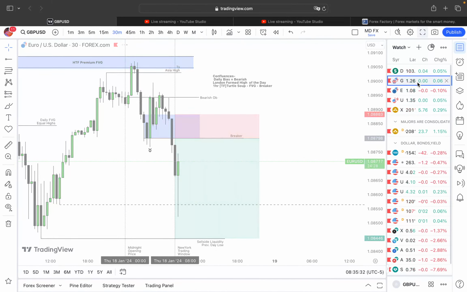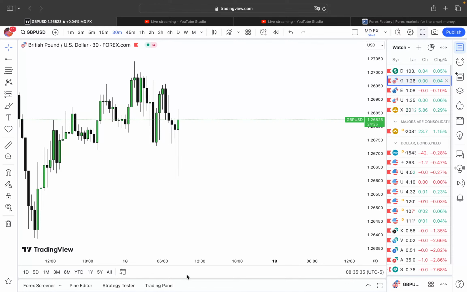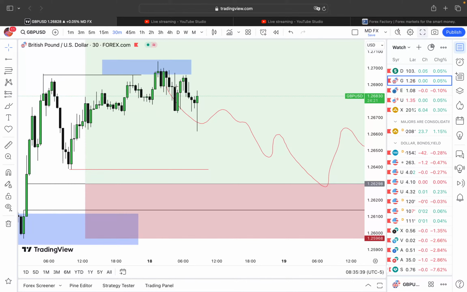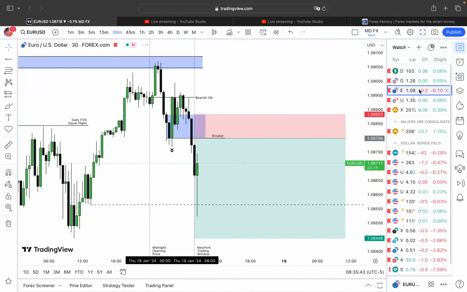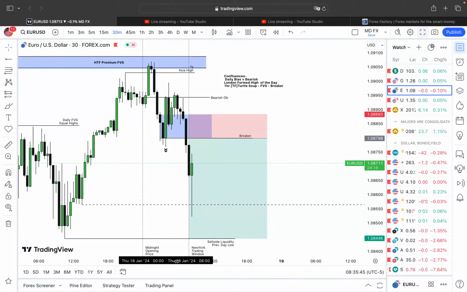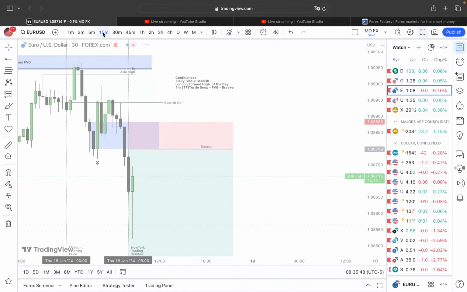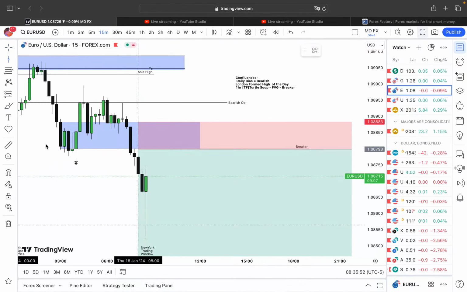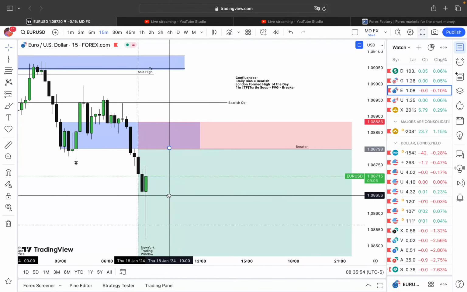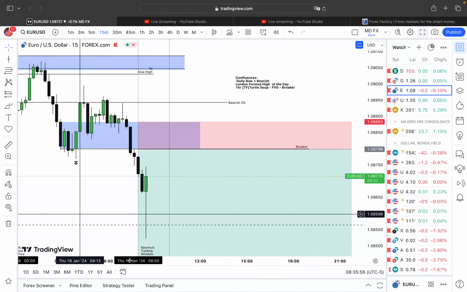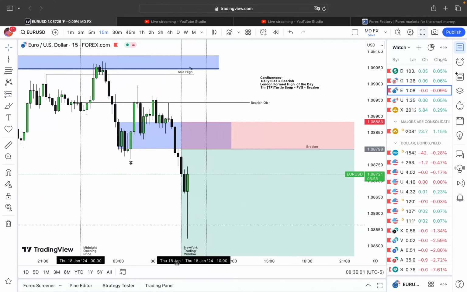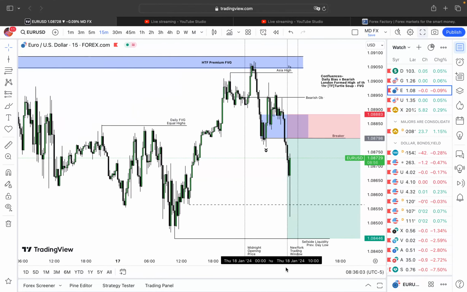Let me see GU. Okay, GU hasn't taken out anything yet. Instead, it's also retracing. So I can still wait on them to deliver something. This trading window lasts for 2 hours, and we barely just started it, so we still have enough time for us to get entry and get out. So that's the 2 hours it lasts for.